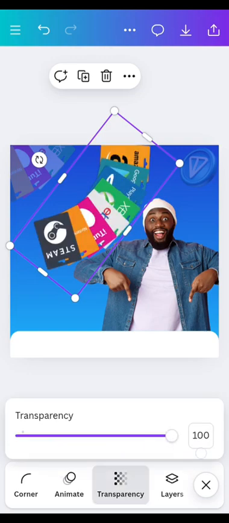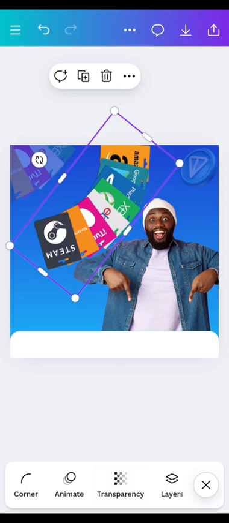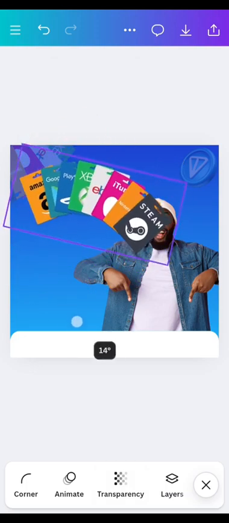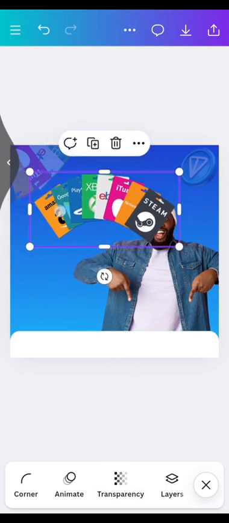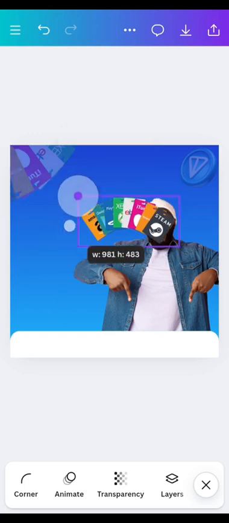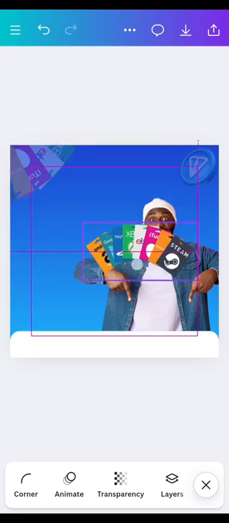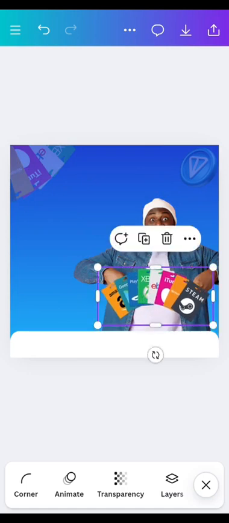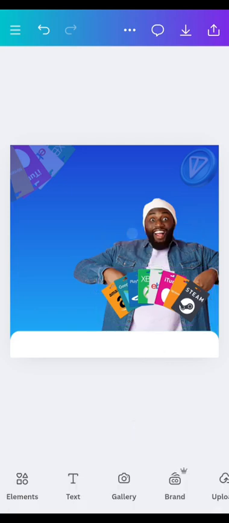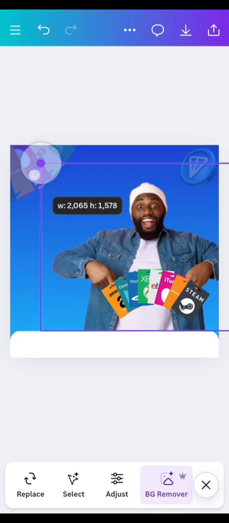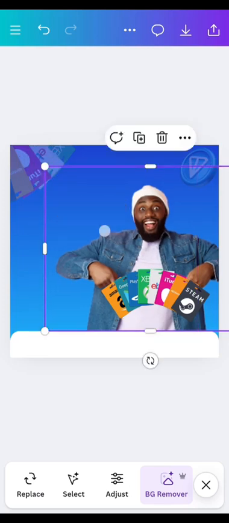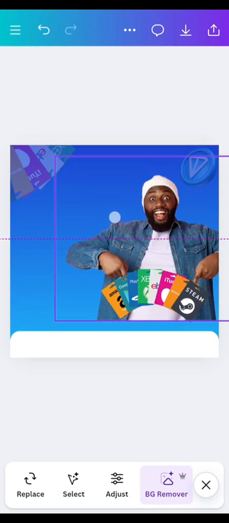So increase this back to 100 and we rotate it, so we have it here at 0 degrees. So we reduce the size, I think this is good. Now the man is actually pointing at this gift card. So here is where we make adjustments. So we increase this man a little, we increase our stock photo, and we move it this way,